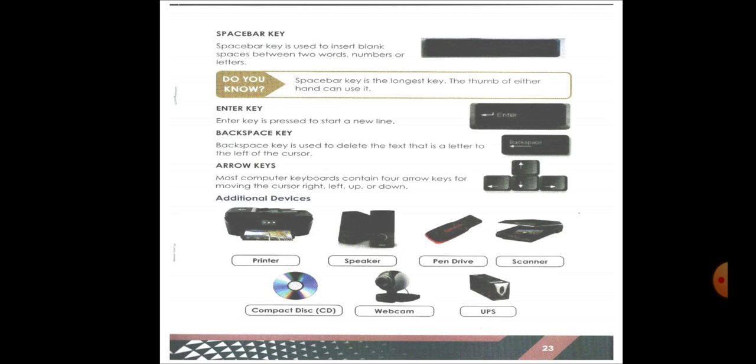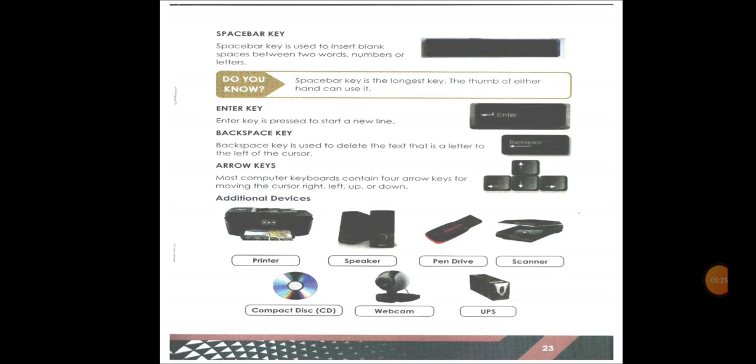It erases the letters to the left side of the cursor. Cursor is a blinking line, children. When you type on the monitor, the blinking line will be present on it and it is called as cursor.